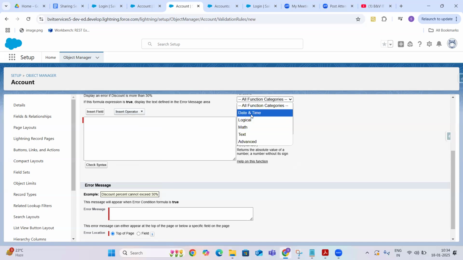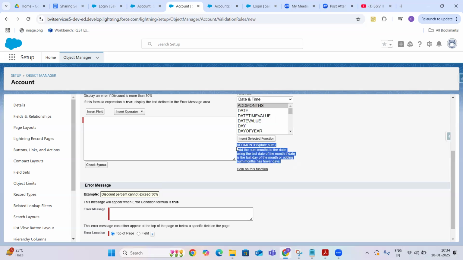Whenever you want to work with date time fields, you have functions like add months. Date will give you the date of a particular string. If you click on that function, down below you will get the description of what this function does. Add months adds the number of months to the date. If the date is the last date of the month, adding months handles the fewer days.